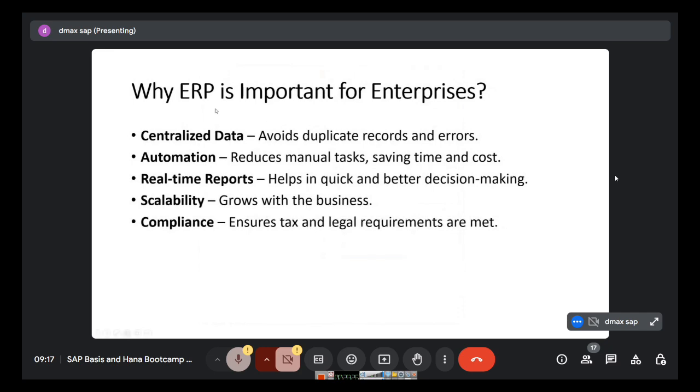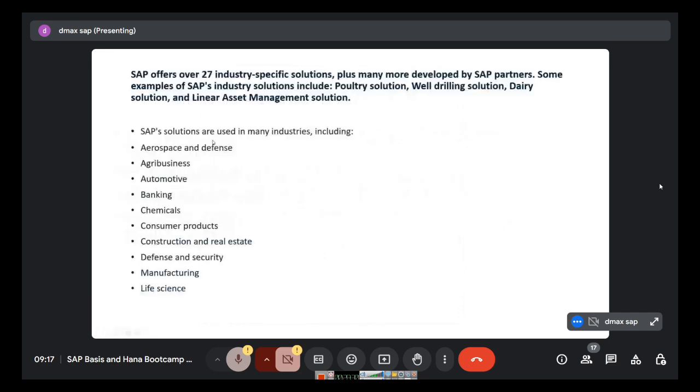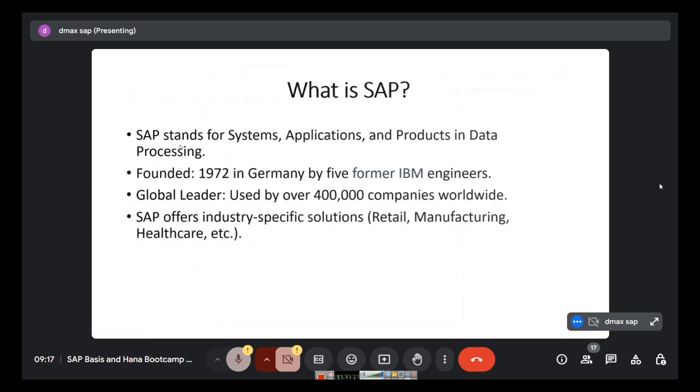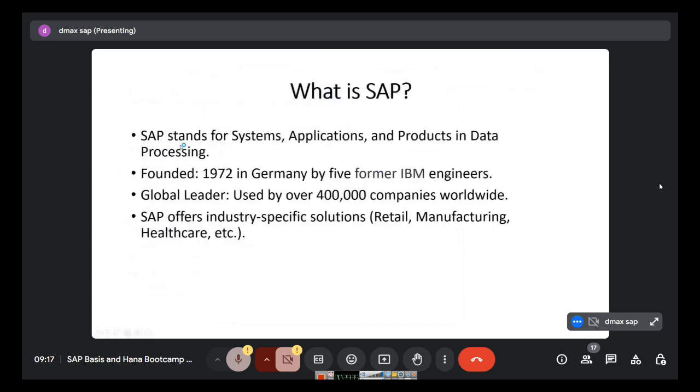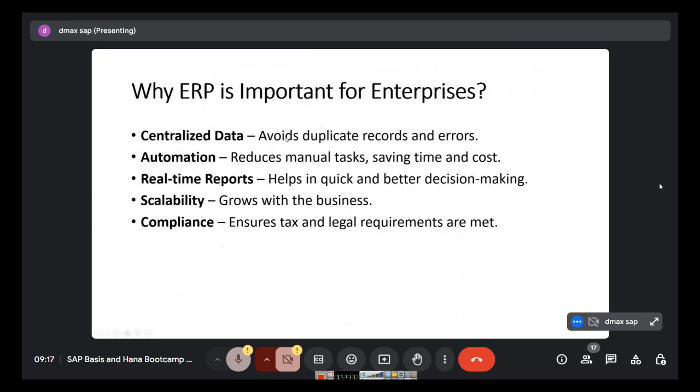I am giving only these examples because you can see these every day. So as I said, these are the things. Centralized data, I already told. What are the uses of centralized data? It avoids duplicate records and errors. When we are in a centralized data manner, whatever we are going to see will be updated data, and we can take actions accordingly. Automation: when we want to do some regular tasks, we can give them simply to the particular team